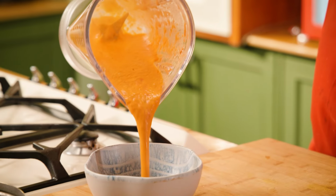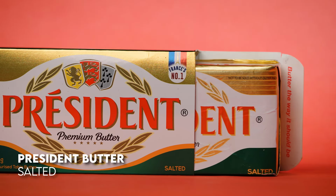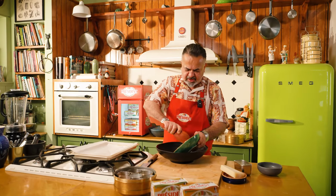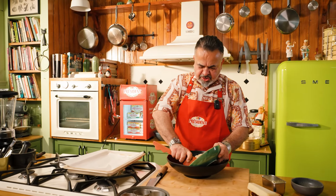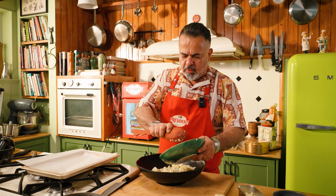And the best part is that I'm going to be serving this with a mango makhani sauce made with President salted butter. How cool is that? Anyway, let's start cooking. Okay, so first things first, let's remove about 250 grams of leftover